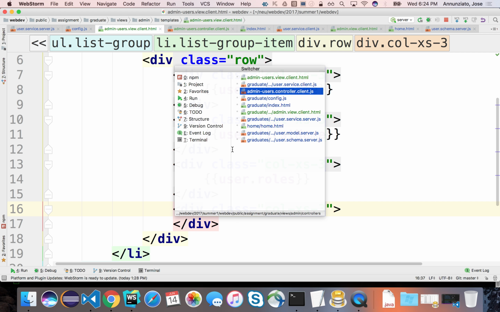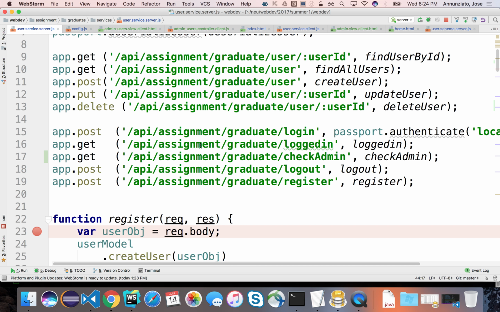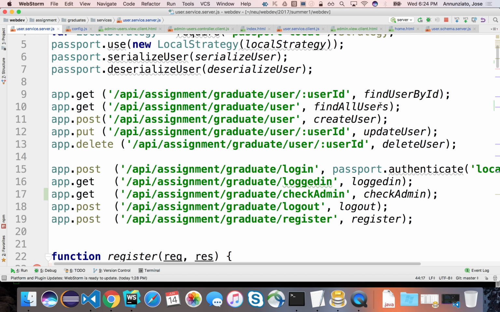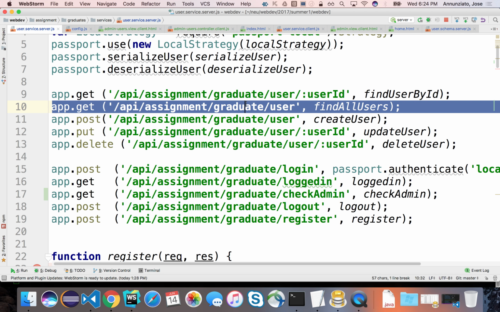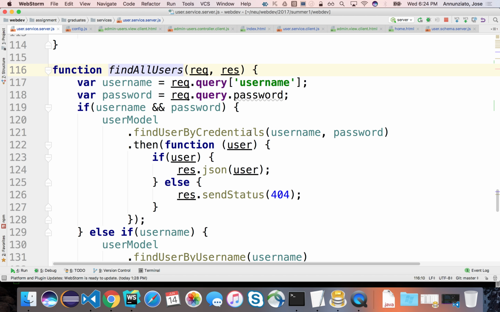side, on the user service server there, the one who's providing that information is this one right here. This find all users. This is the one that is responding with that list of users. So one way to do it is, simply what we could do is have some logic here that checks to see if I'm authenticated. If I have the admin role, I could put this entire piece of code